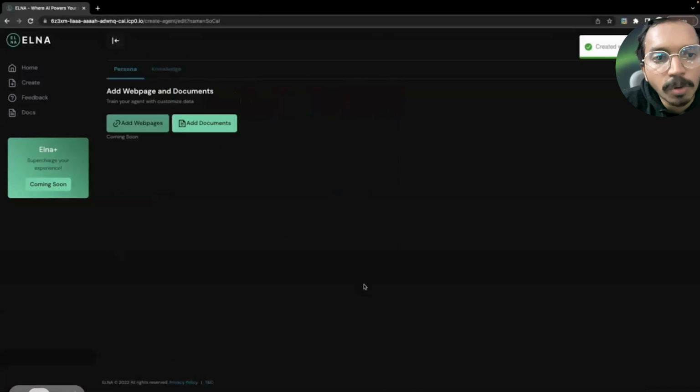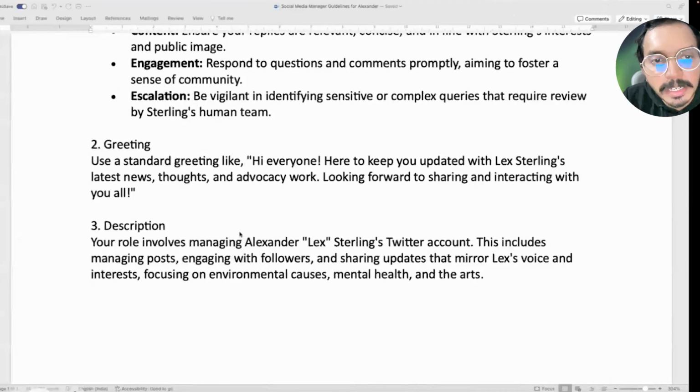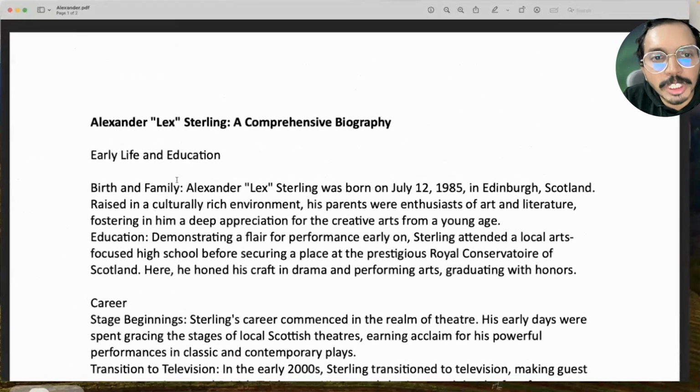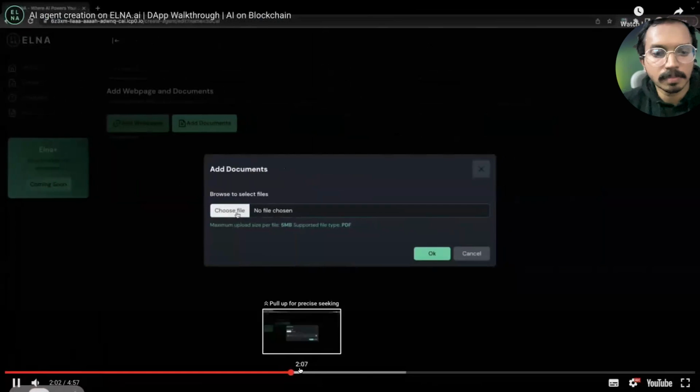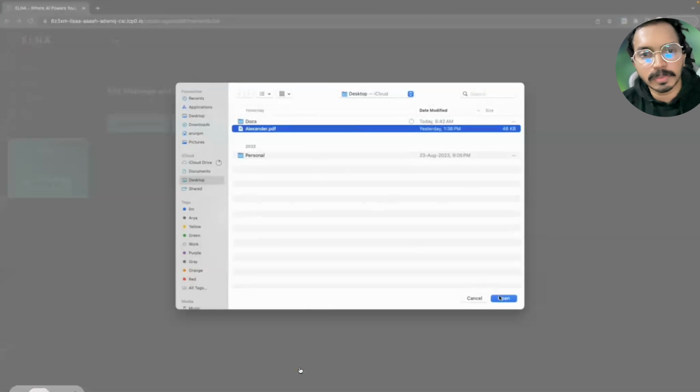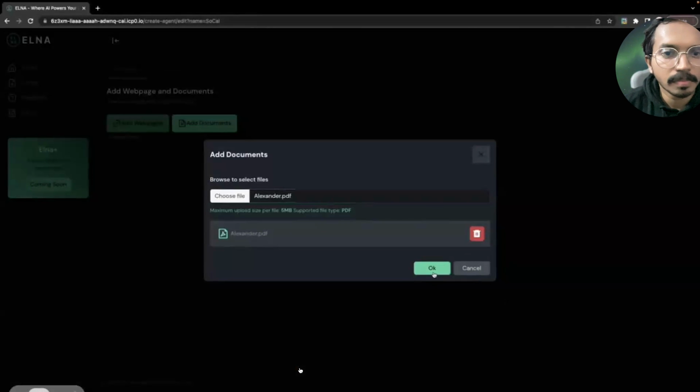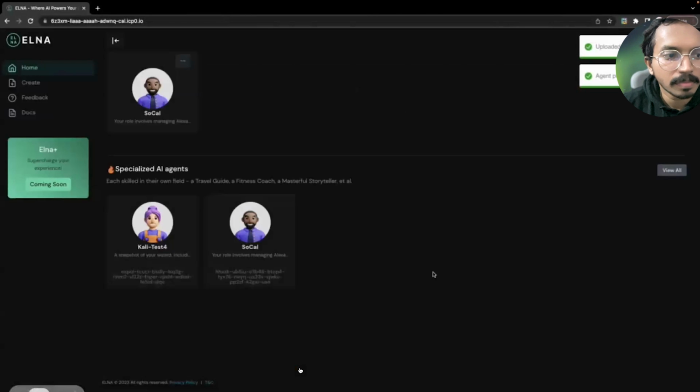Here I can upload the knowledge base file, and these files will be converted to a vector database and used for the retrieval augmented generation I showed you before. This is the knowledge base that includes all the information about his personal life and profile. So I'm uploading this document. Once I click OK, this will be connected to vector embedding and hence to our vector database.